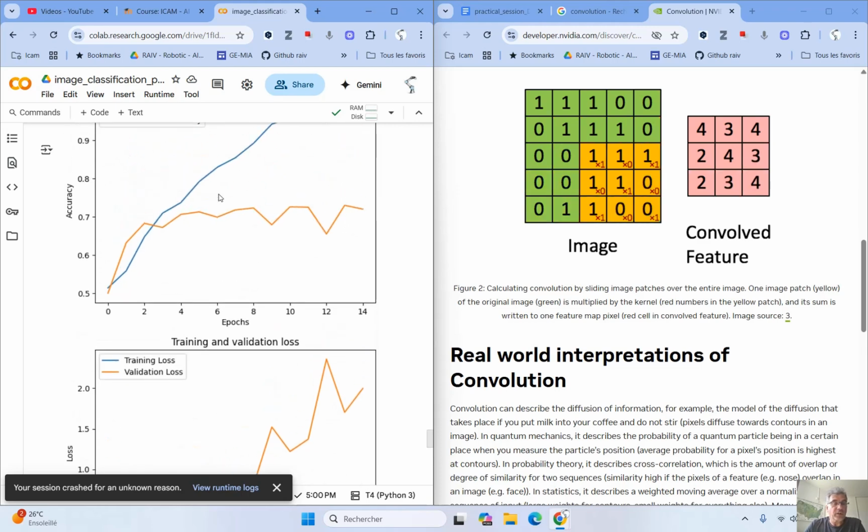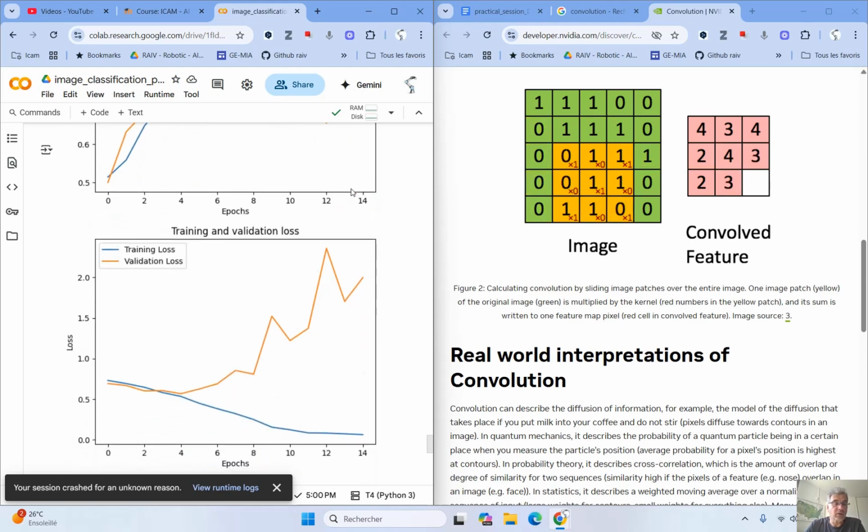But for the validation data, the accuracy stabilizes at about 0.7, 70%, which is not really good. And more important, we see that the loss for validation data increases a lot. It starts to decrease, but after a few moments, it increases a lot.